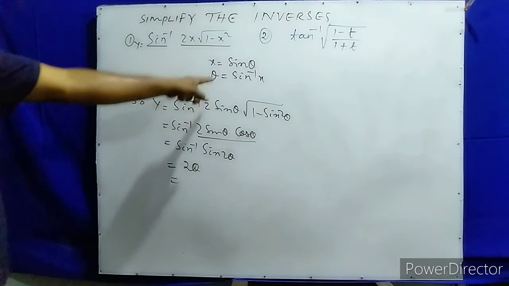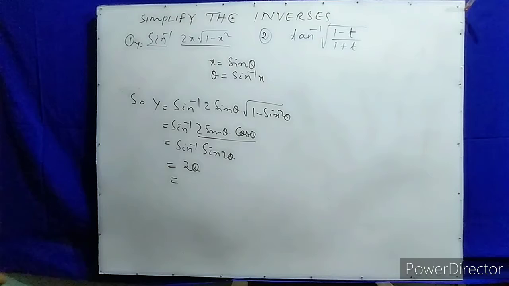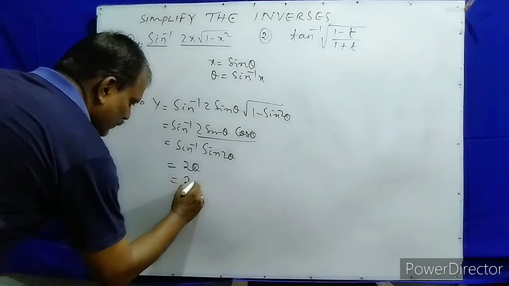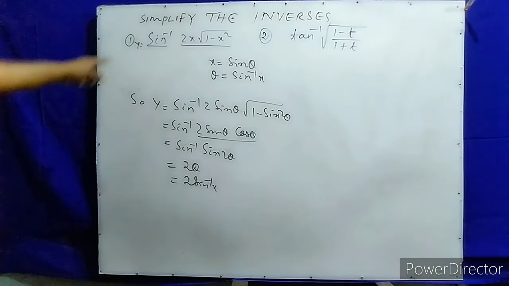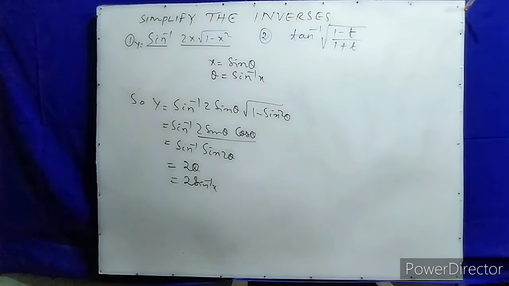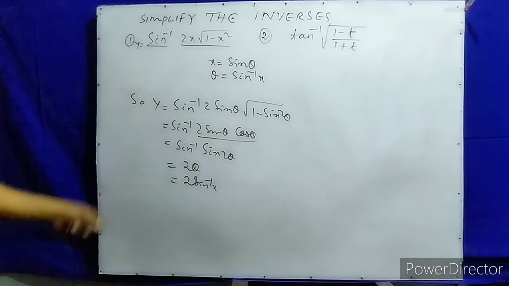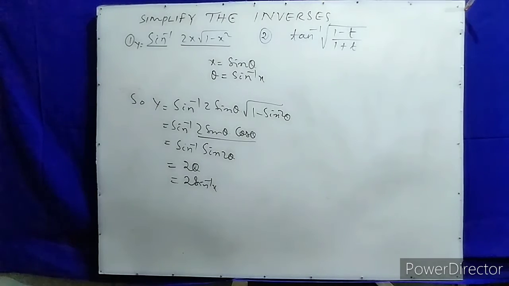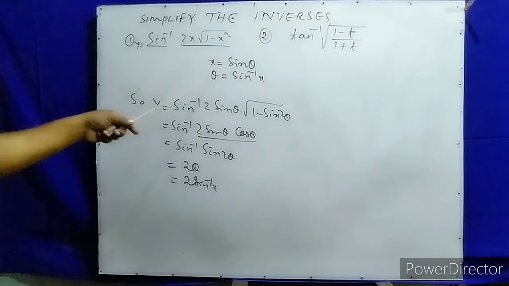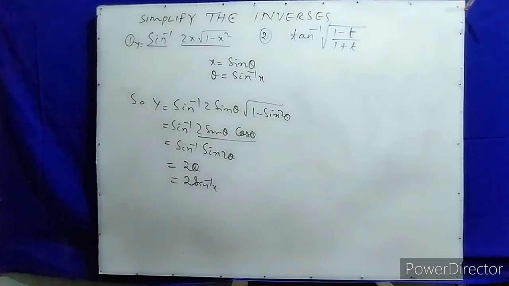So 2 theta equal to, here theta equal to sin inverse x. Then instead of theta you put sin inverse x. So this is your final answer. When sin inverse 2x plus root over 1 minus x square is reduced and simplified, then we get sin theta by proper substitution. Here what type of substitution have we taken? x equal to sin theta, because here root over 1 minus x square is there.